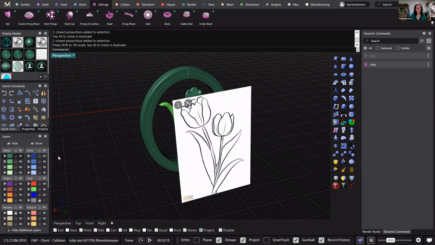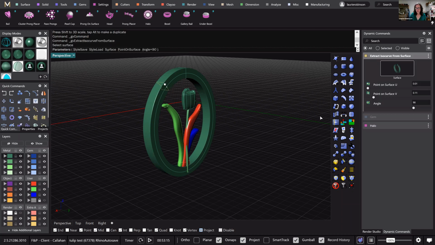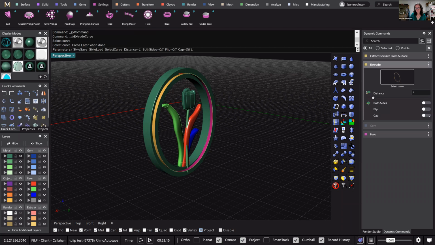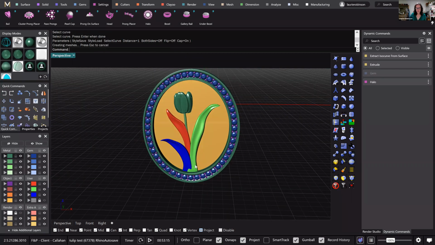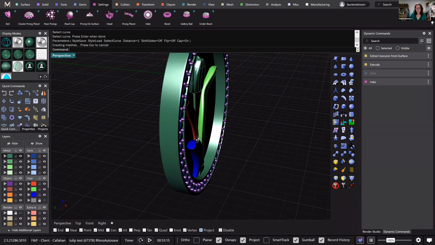is to just make backing for it. So, sorry, zoom traffic. I'm going to grab this ISO curve and then just extrude. I think that's it. I think you just have to make sure now that everything is making contact. Like this leaf,